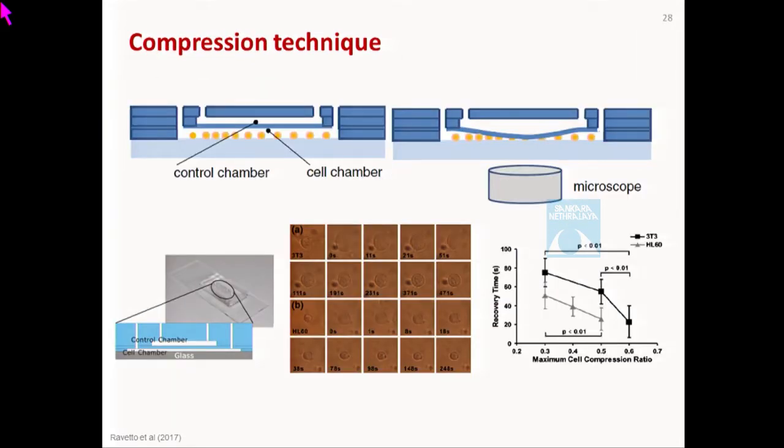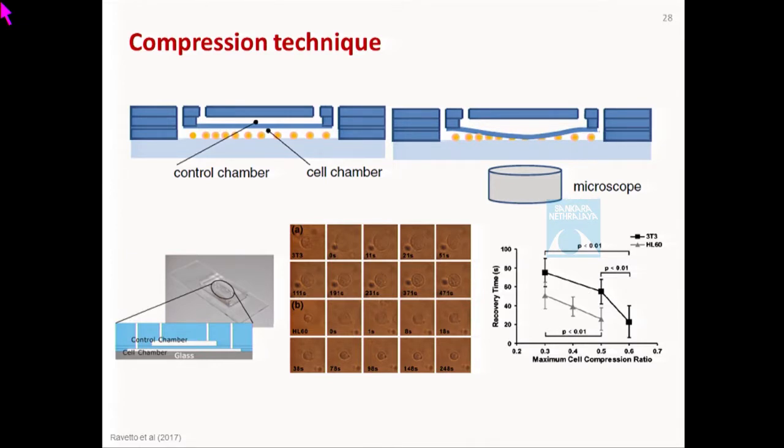Here, people have used compression techniques. Here you have a channel configuration like a cross. In one channel, you have the cells flowing. In the other channel, you have a controlling liquid flowing. Both these channels are separated by a soft membrane. When you increase the flow rate of the controlling fluid, the membrane deforms downward because of the excessive pressure, and that pressure tries to stretch the cells. As you can see here,